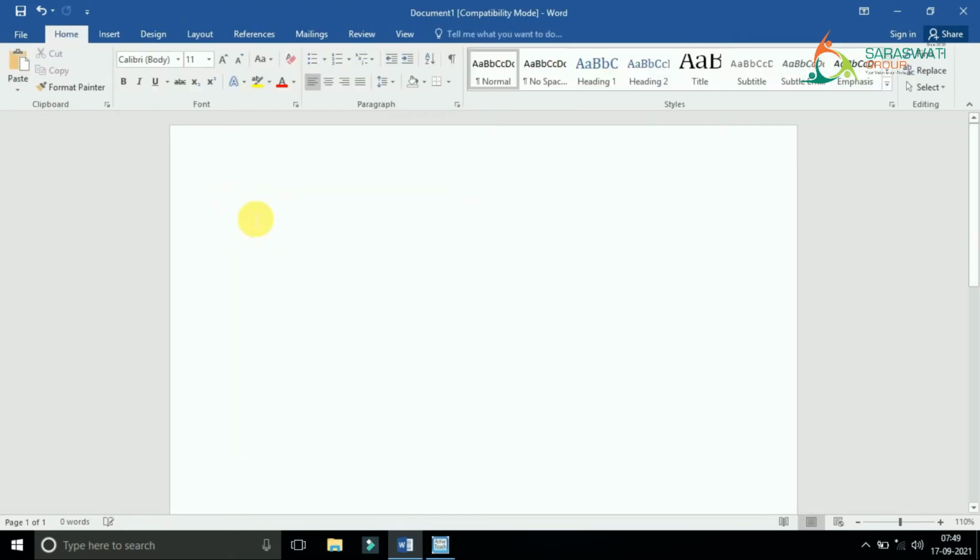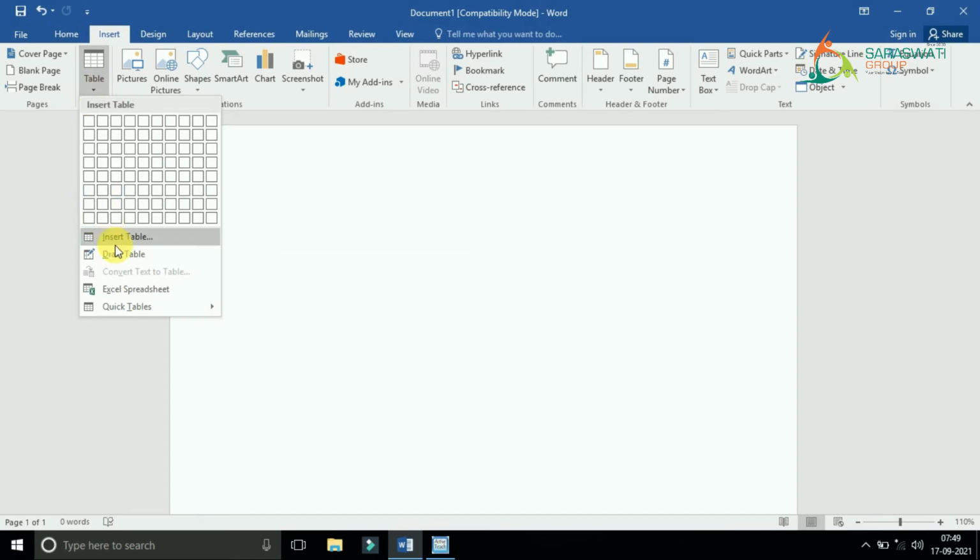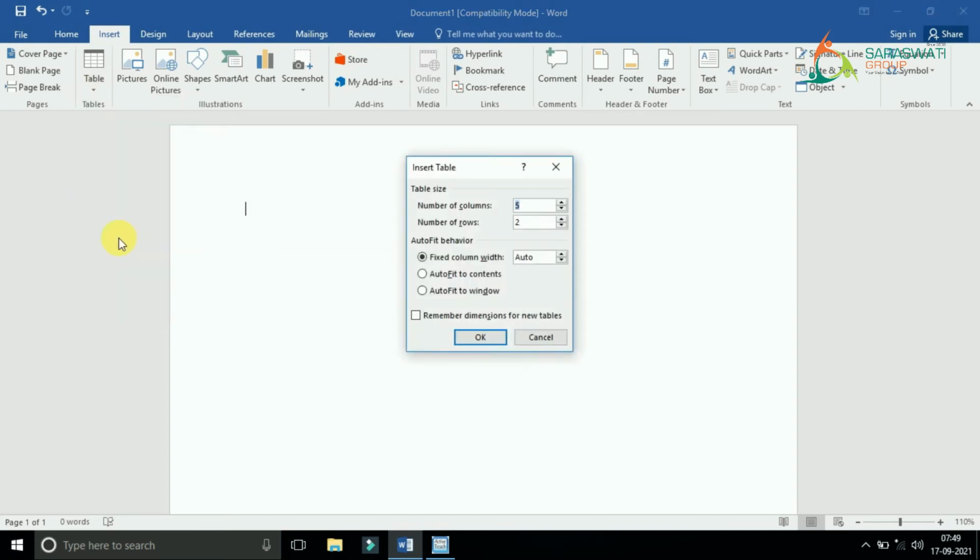And the second method is again to go to the Insert tab, Tables group, and in the Table option go to Insert Table. When you select that option, this type of dialog box will appear on your screen.